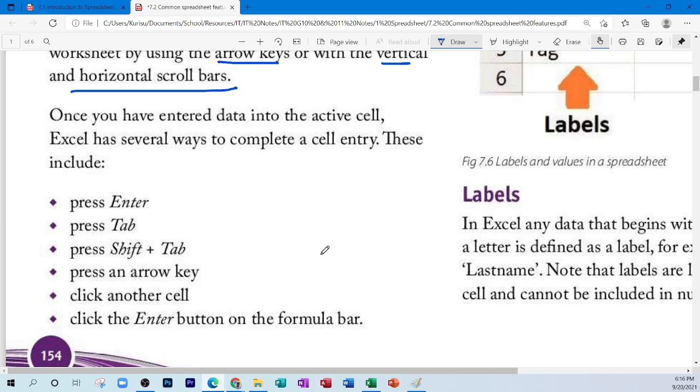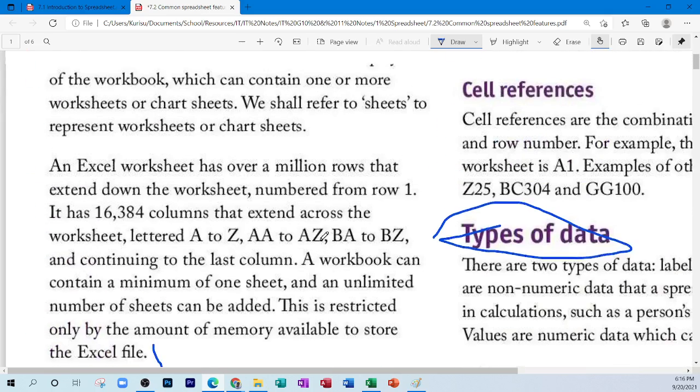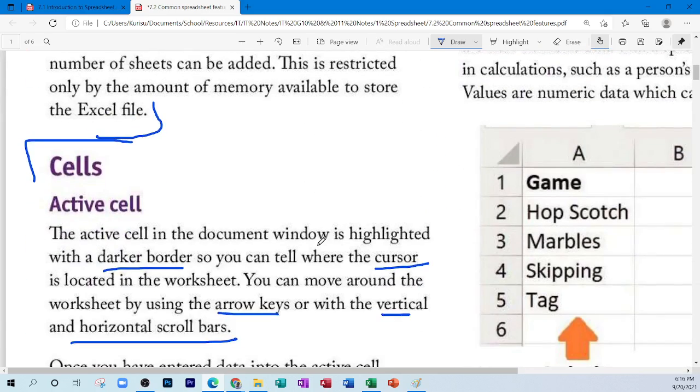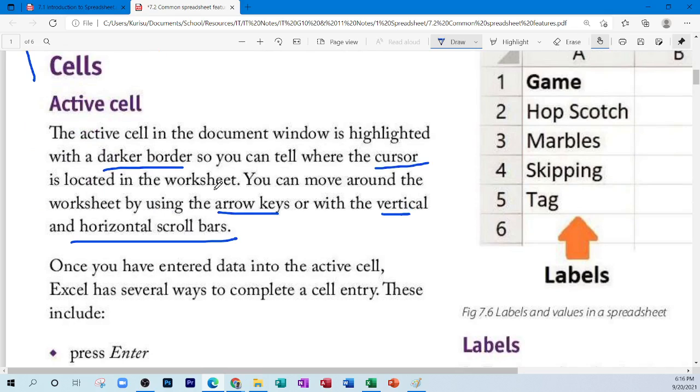Good. So far we were looking at some of the terms, the description, the overall layout of a spreadsheet. Now we're actually getting into how we use a spreadsheet. One of the main parts of a spreadsheet is this active cell here. This active cell tells us where we are working. So if we open a spreadsheet,